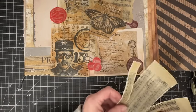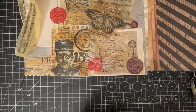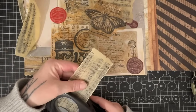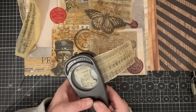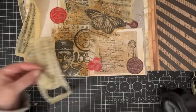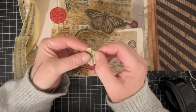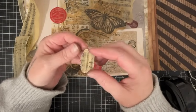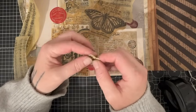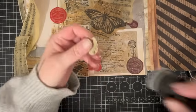I wonder, I'm gonna give it a go. I'm gonna try it. Because I'm wondering now if it will punch. Oh! Are you kidding me? Oh, no way. Oh my goodness. Oh. This might be taking it a little bit step further, but...